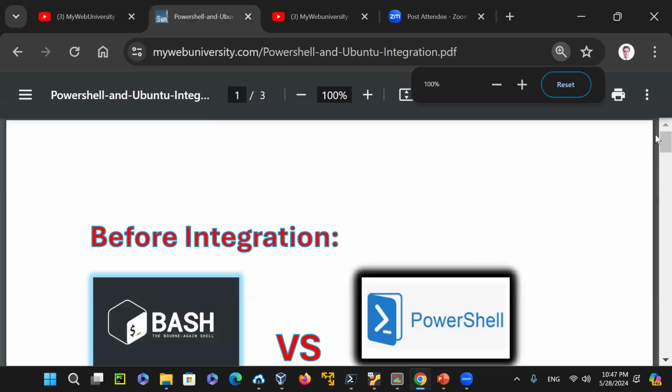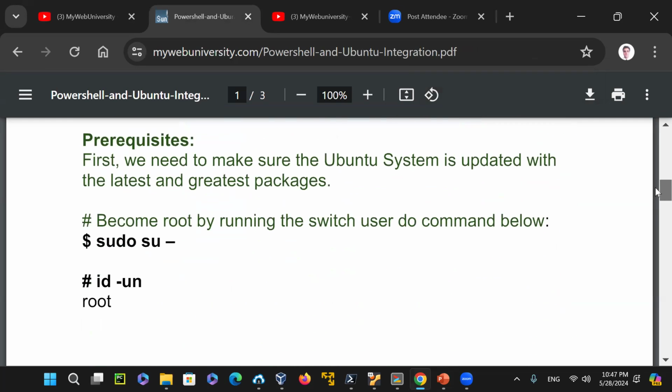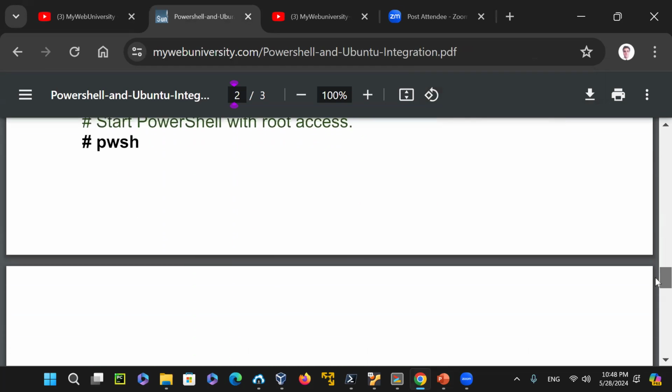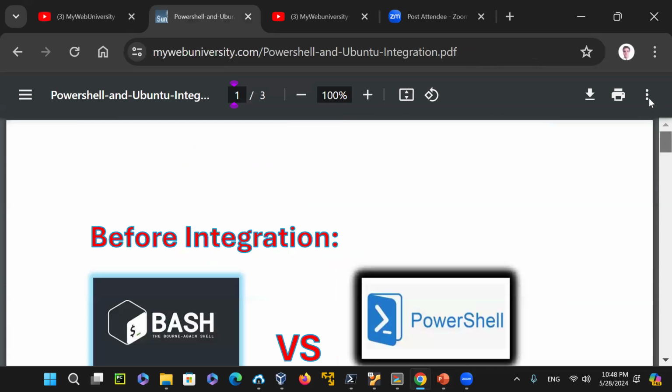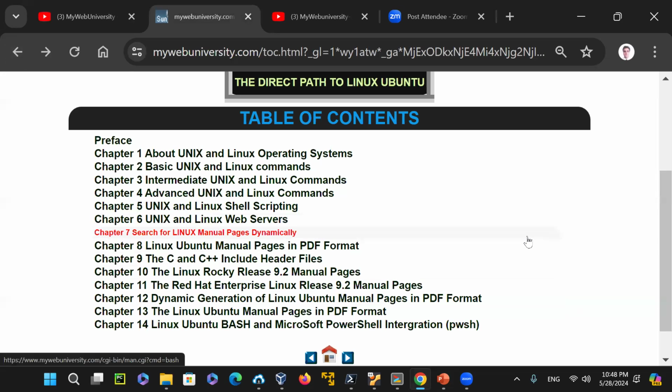So this video that I showed you last time, I showed you how to install PowerShell integrated using the Microsoft packages, and that is here that you're welcome to use that one. In addition, I made some other videos that are available for you. If you're looking for the manual pages or documentation, whether you're looking for bash scripting or anything, you can find all of those ones under these